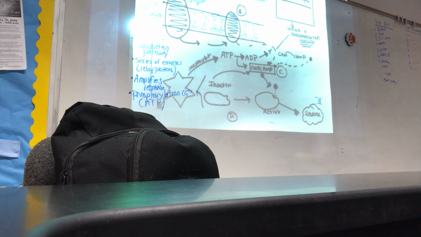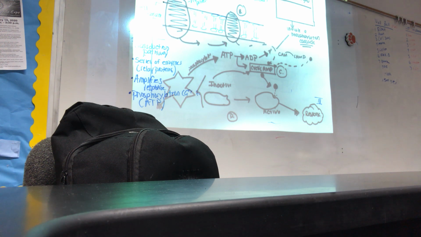So let's say an adrenaline rush, we're all familiar with that, right? In an adrenaline rush, the main hormone that is your ligand is called epinephrine. It's adrenaline. Epinephrine is released by the adrenal gland, and it's stimulated by the brain, right? So that means my brain has to tell my adrenal gland to release this hormone. That hormone has to go through my blood to my muscle cells and my heart cells, and epinephrine stimulates the